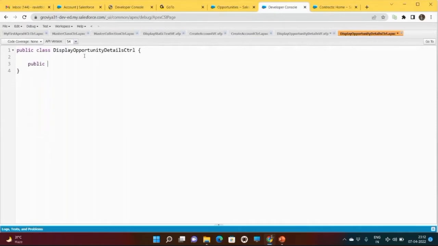Before that, let me declare one getter setter property of opportunity type. I'll write the query inside the constructor. So the query will start with select ID, name,